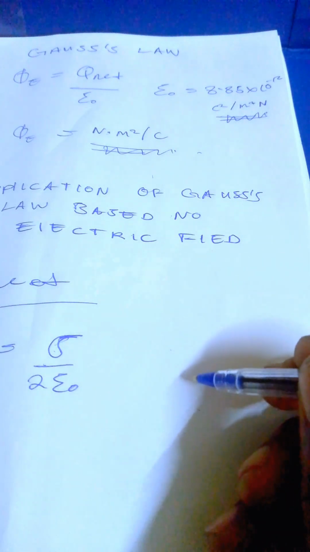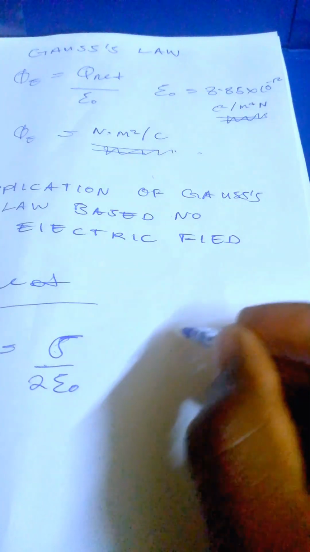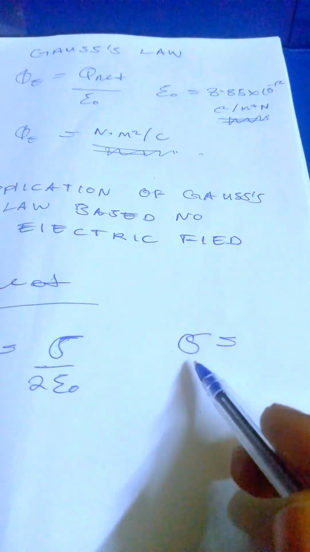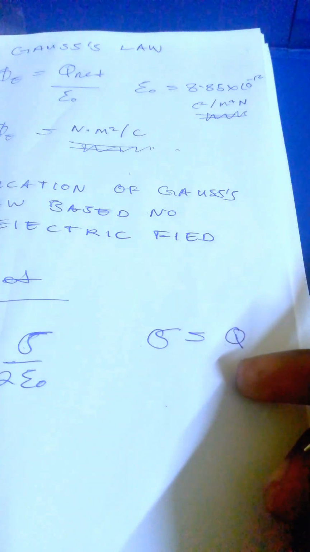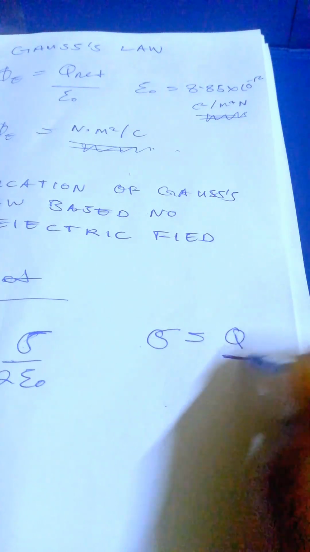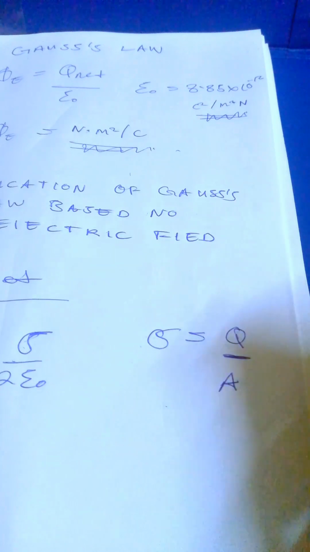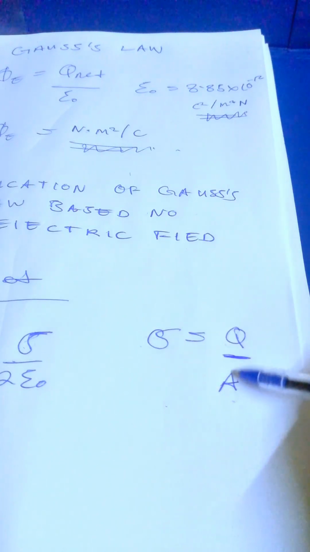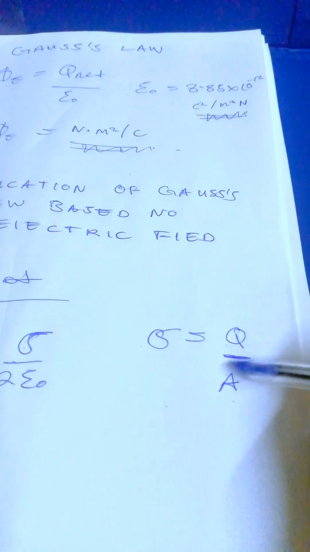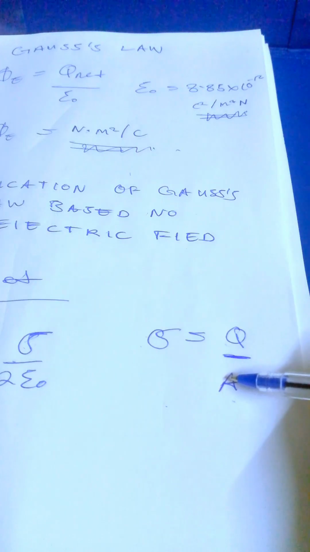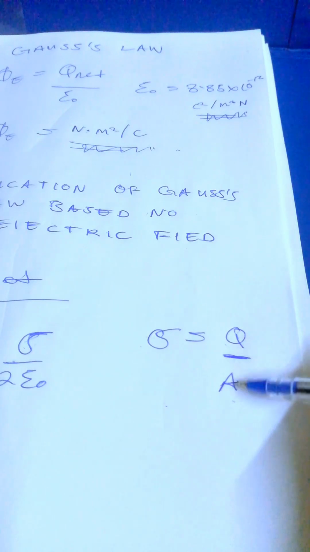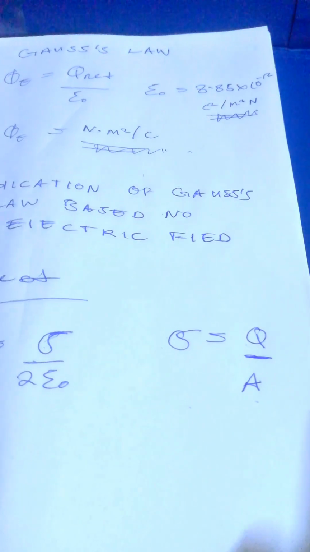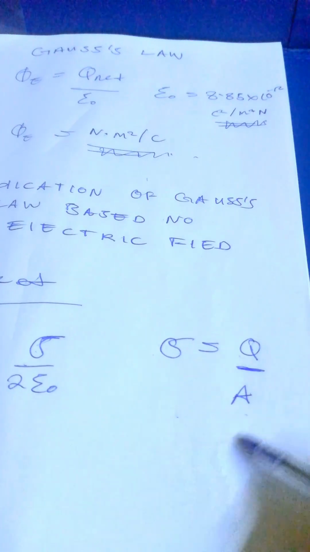The area charge density is equal to the charge divided by the area. So it's called the area charge density: the charge comes first, then the area. That's the best way you can remember it. So that's the formula,